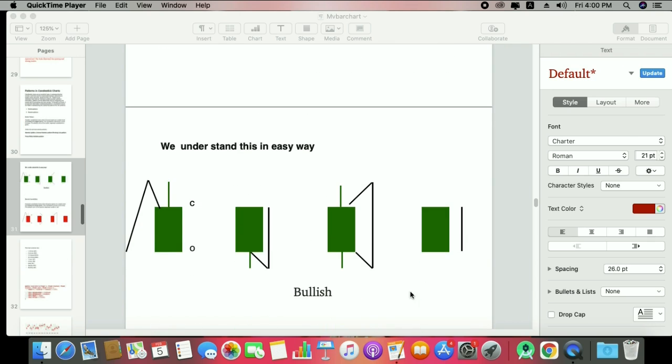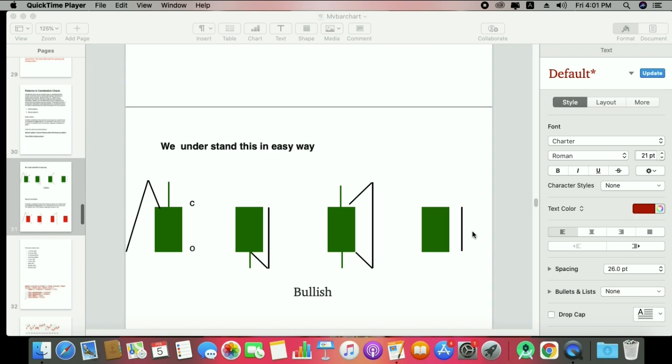Okay, a bullish candlestick forms when the price opens at a certain level and closes at a higher price. So I will describe it here. This is the bullish pattern. That means this is your open, this is close. And if it started the price, it goes to the high and then closes. Now here it opens the price, then goes down and then up and closes it here. So there are four ways we have to read this. We start from the open, then go to the high, low and lowest, then go to the highest and then down. And the last is open to close. There is no up or down, that means no low and high.